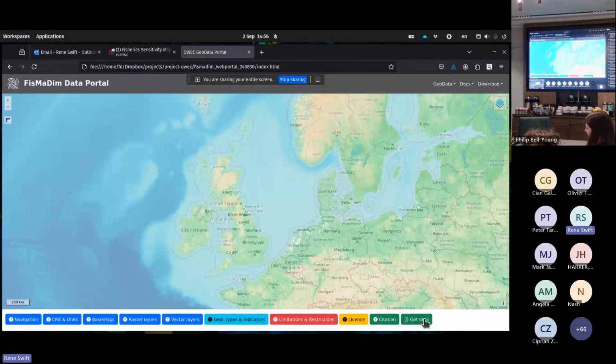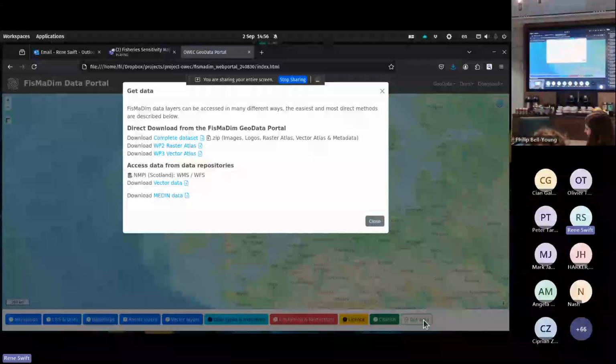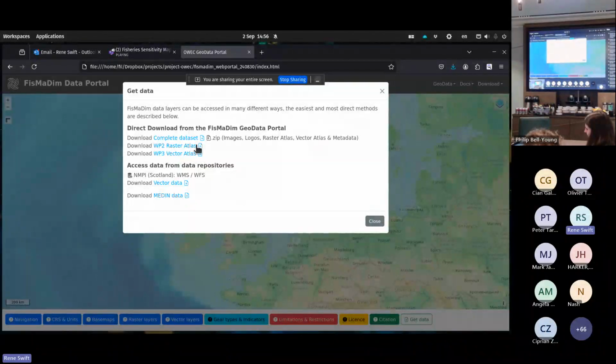And if you want the data, it's just a simple get data button, and you can either download the complete data set, which would be images, logos, the raster atlas, the vector atlas, and the metadata, or you can choose to download the raster atlas or the vector atlas.